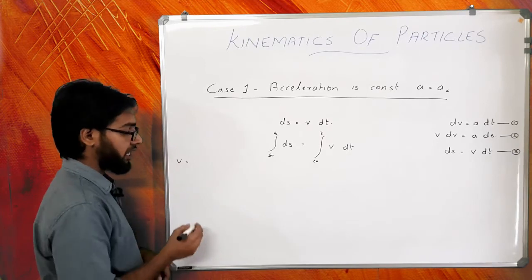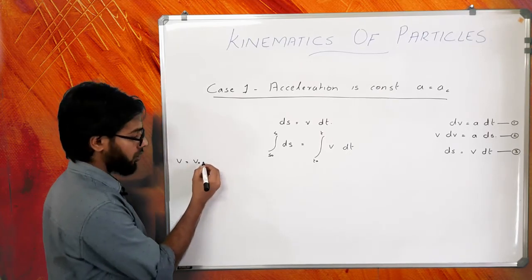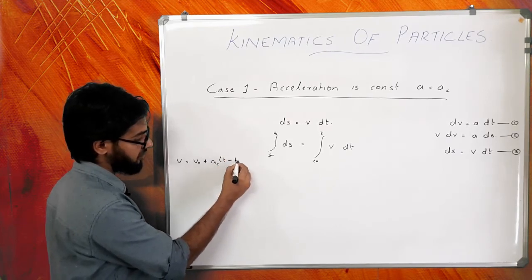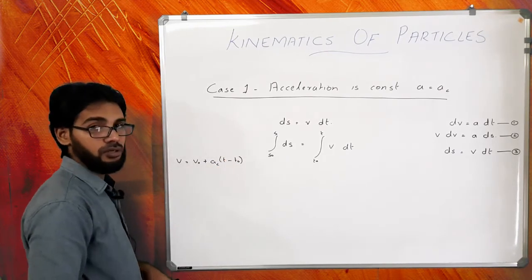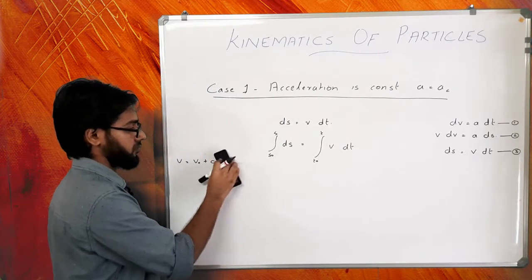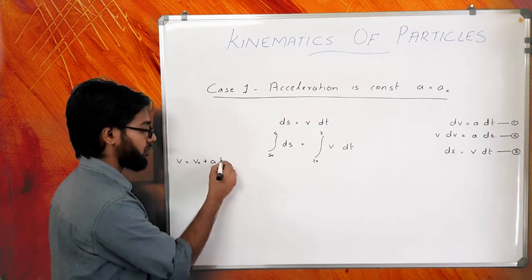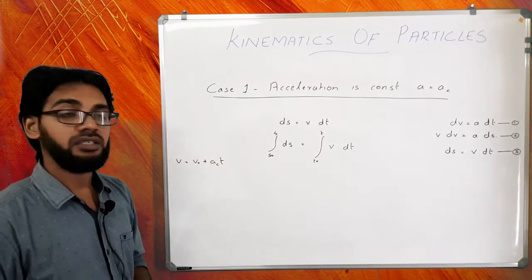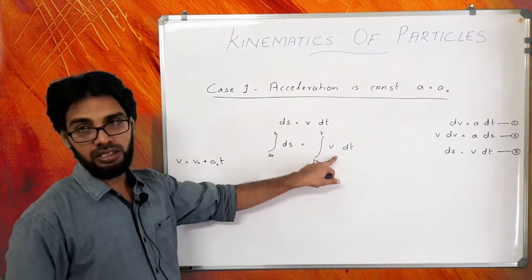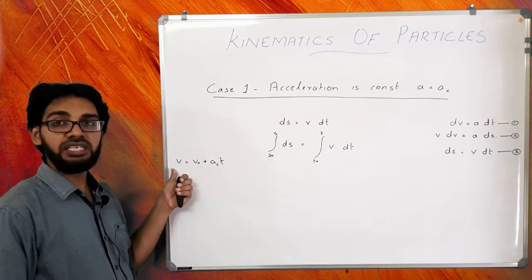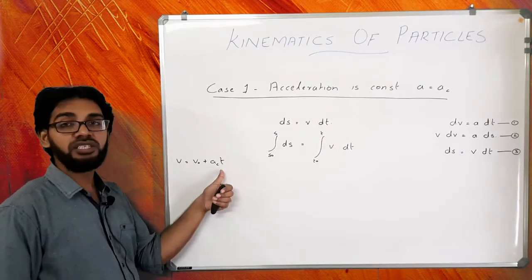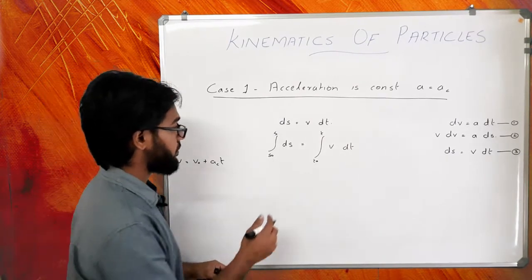The previous equation gave v equals v0 plus a_c into (t minus t0), or I can write it as a_c into t if I am considering it from 0 to t. Now I shall replace this here, which means that velocity here is actually a function of time. It is not a constant, but it is a function of time. So if I replace it here, I will get